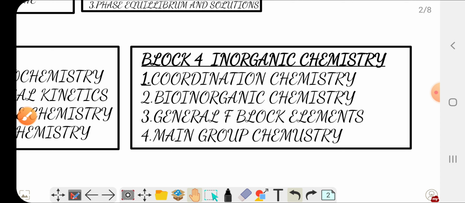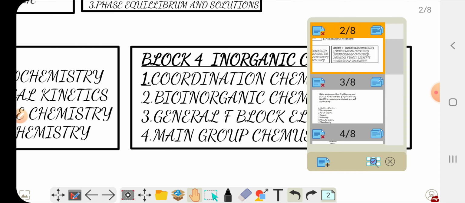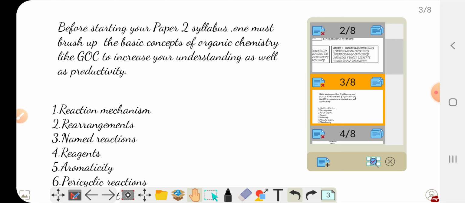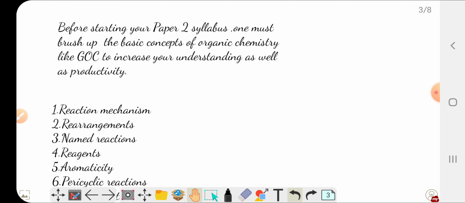Now, the next thing is, how should you start preparing paper 2? Before starting paper 2, you should follow a correct sequential order, so that you can prepare it more effectively, it will stay in your mind, and the conceptual clarity will be very clear. Okay, now one more important thing before starting your preparation for optional paper 2, which basically comprises reaction mechanism and spectroscopy: you should try to brush up your concepts of general organic chemistry which you studied in class 11 and 12, like acidity and basicity concepts.